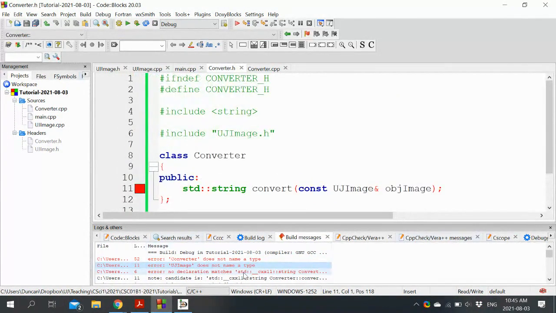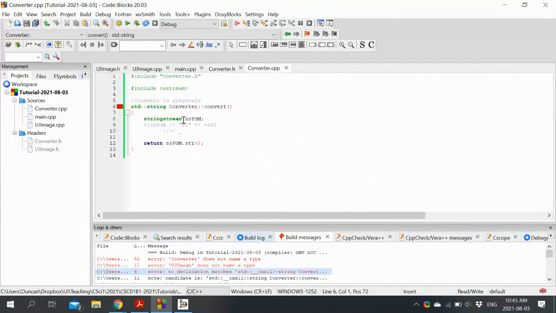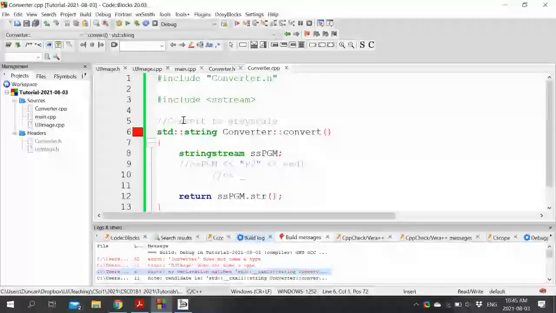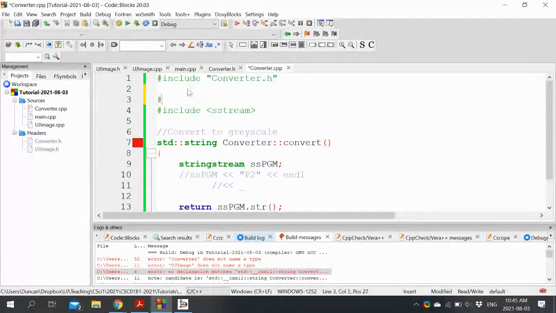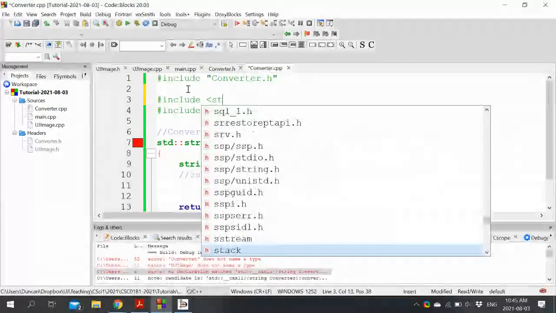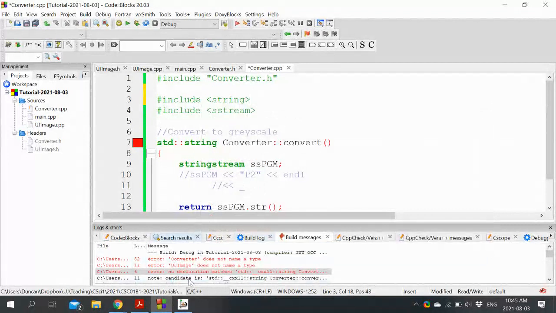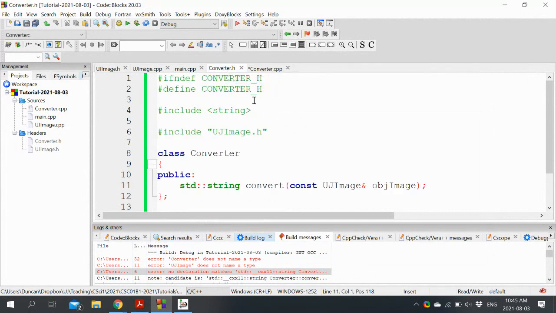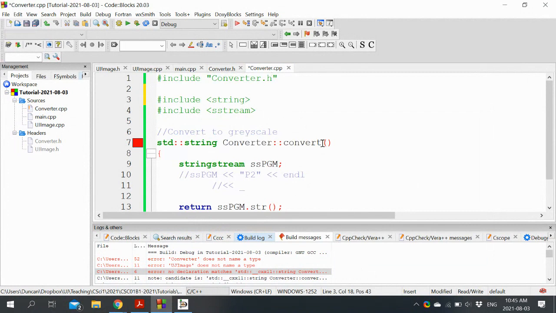And the reason for this is... it's not an error I expected. Oh, because we didn't add the references, the parameters here. Fine.